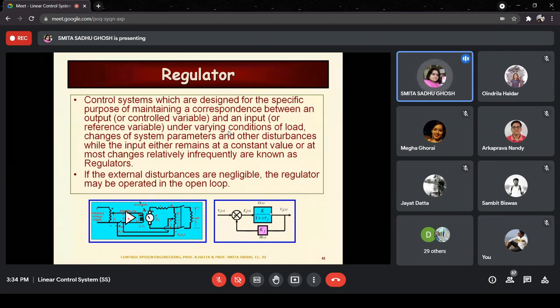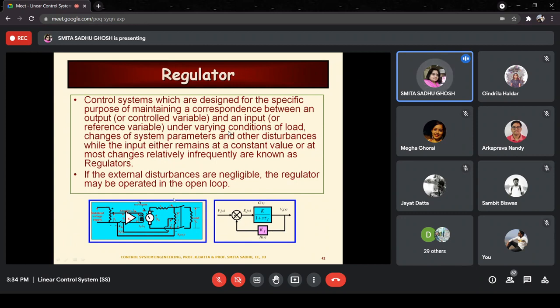We will be studying a voltage regulator in detail, how it works, what the dynamics is as far as the system model is concerned, and then see whether it performs the objective for which it is designed, but not today.